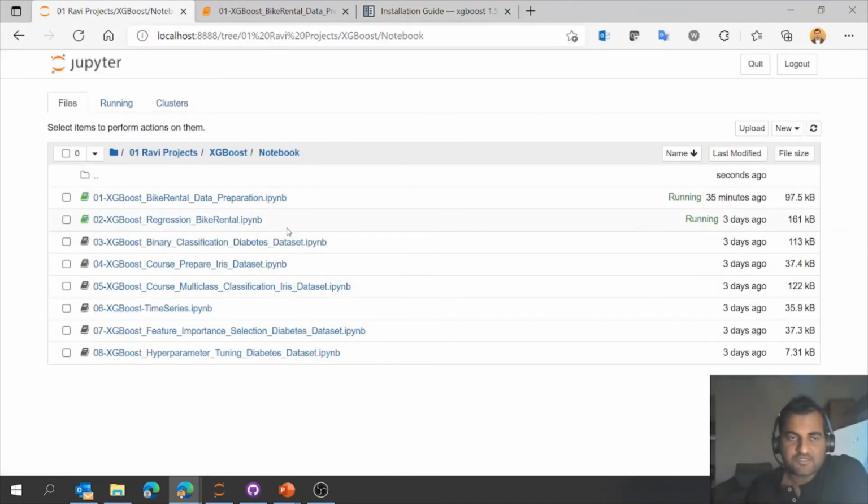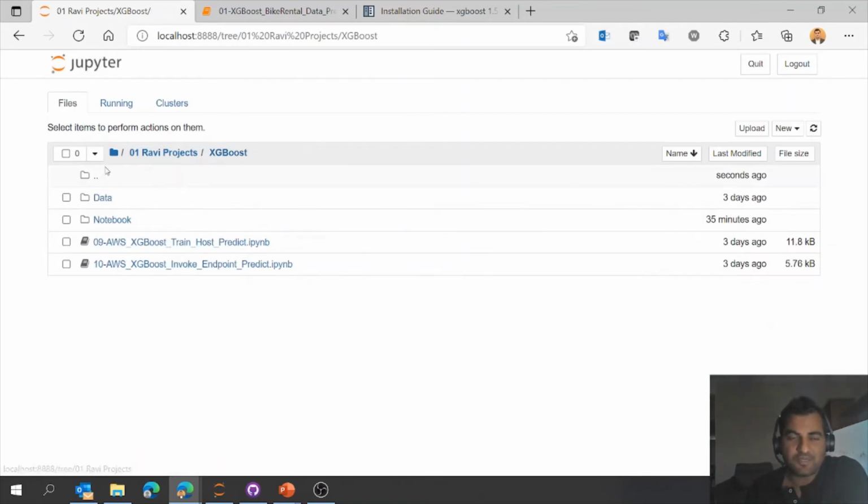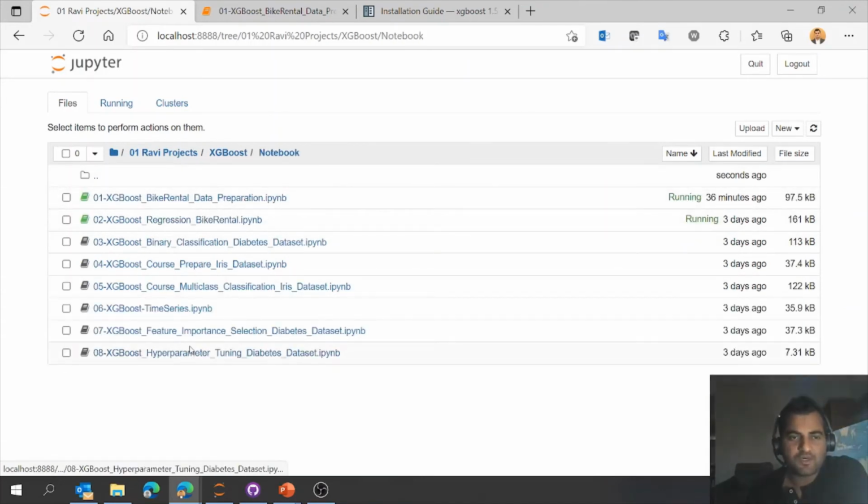So I'm now switching to the Jupyter notebook. You can see my projects here. I am quickly referring to them to give more details about XGBoost. In that, we'll discuss in detail how XGBoost can be applied to regression, classification, binary classification, then time series. Then followed by how features are important, how feature selection is to be made, then how hyperparameter tuning is done, right?